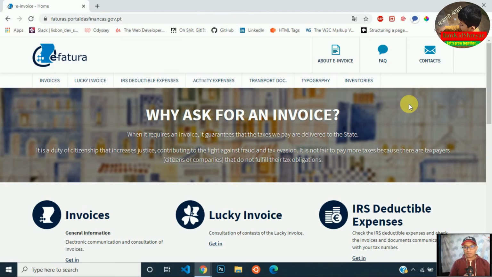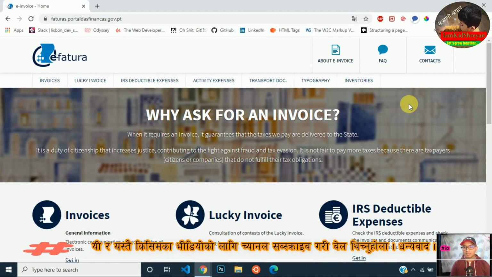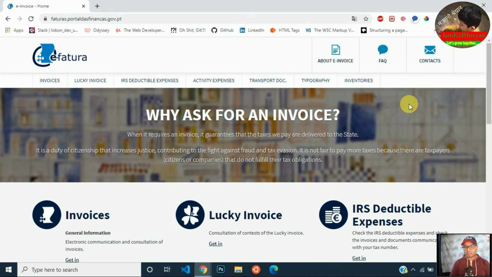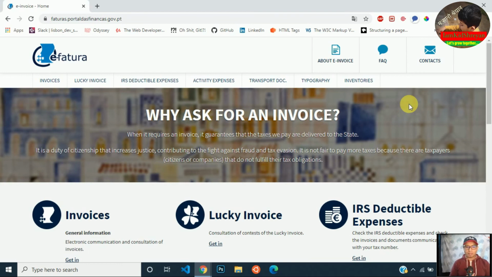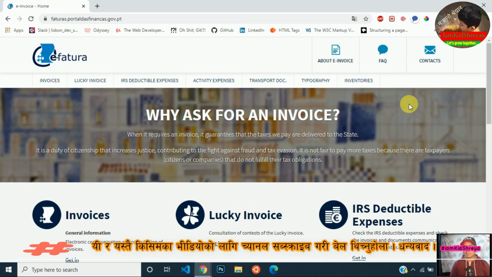In this way, we register our unregistered invoices online easily. The important thing to remember is to keep all the invoices safe which you have registered yourself with the NIF number. They may ask for those invoices if some problems occur in the future. So keep your invoices safe. If you are using the e-Fatura app, then it may ask you to take a photo of your invoice and post it while you register.